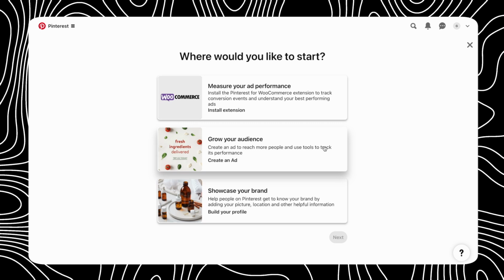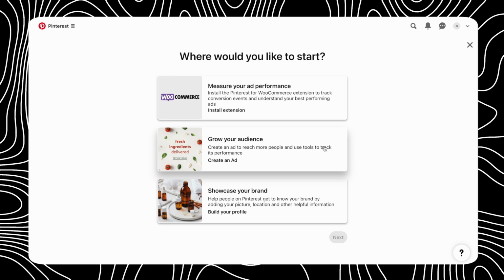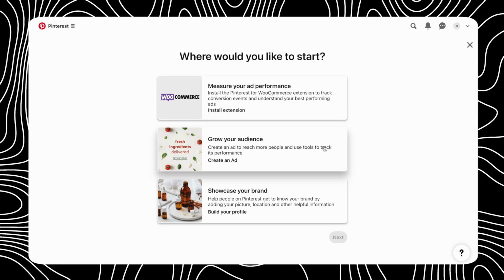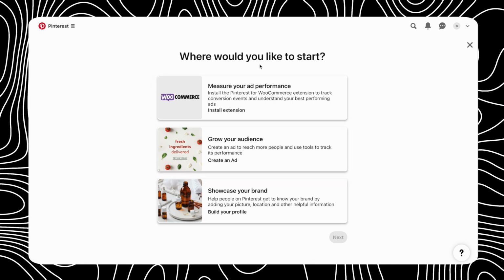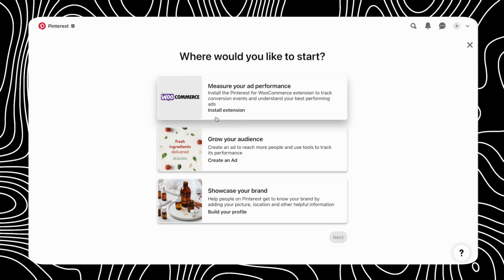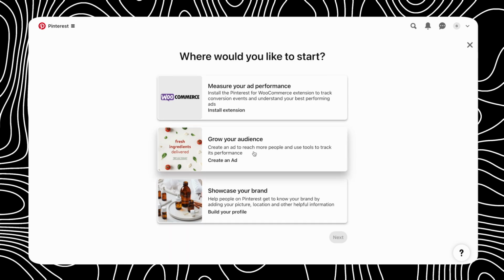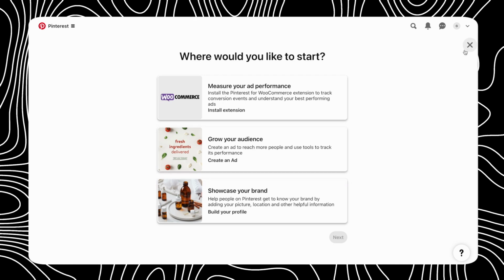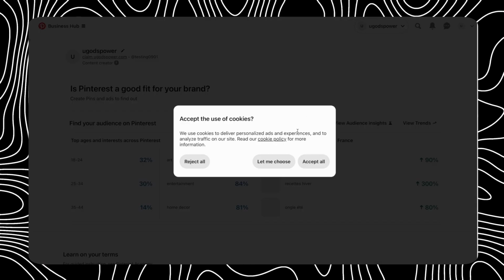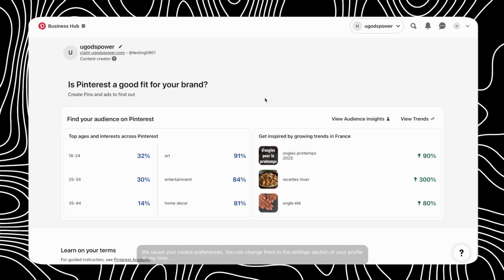So we now have our Pinterest account. But before you do that, let us say you want to connect it to a particular platform, like your WooCommerce website or your business. You can do all those things on the screen here. But we don't need to do all these, because to do this, we need to install all these tools that you can see here. But what I recommend is to just click on this section where it says you should close this tab, and once you click on close,